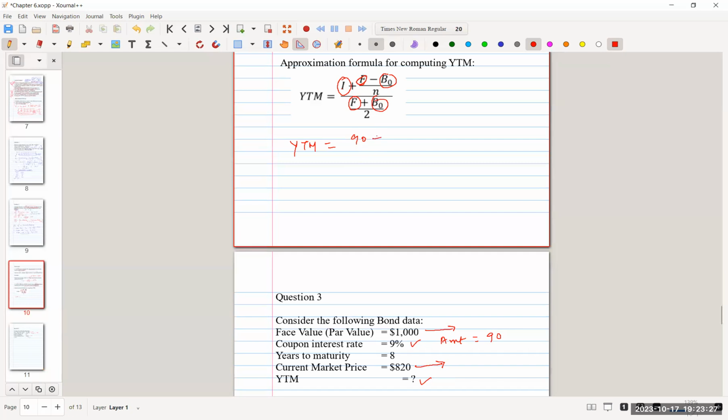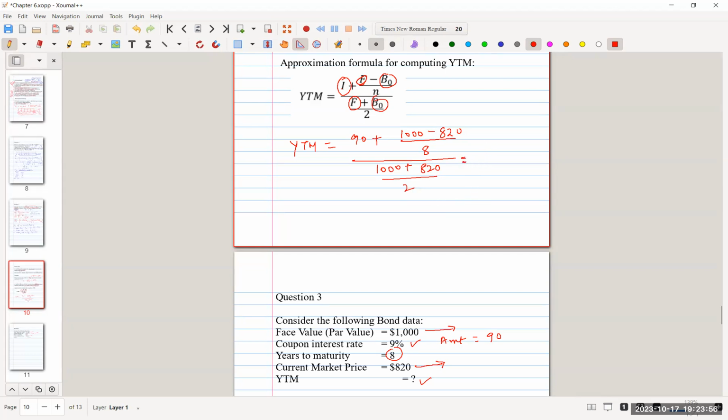I, interest amount that we get, plus the face value is 1,000 minus the price of the bond is 820, divided by the number of years, here 8, and then divide by 1,000, which is the face value, plus the price, which is 820. You take an average of that. So if you calculate this,